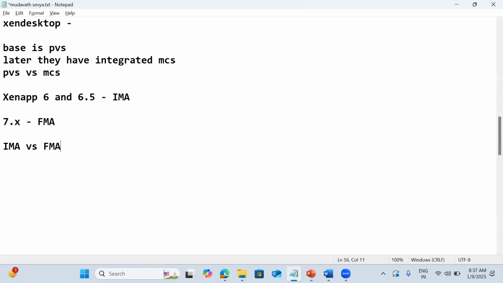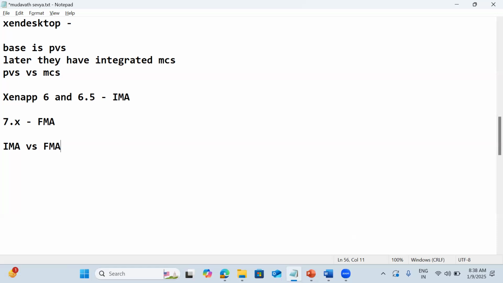Now that architecture is not called IMA, it's called FMA. FMA stands for FlexCast Management Architecture. We need to discuss the FlexCast Management Architecture also.